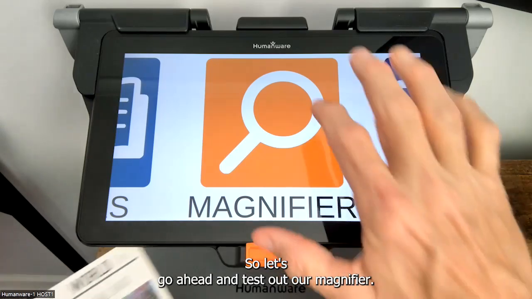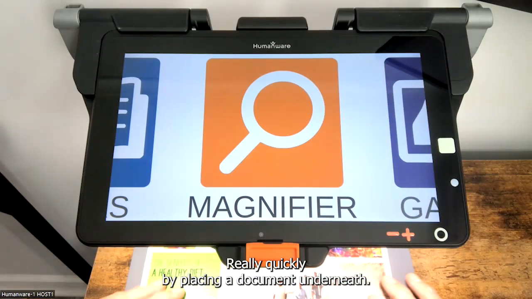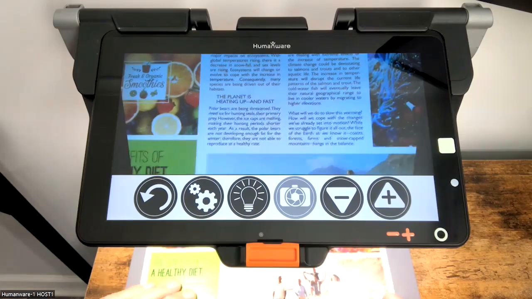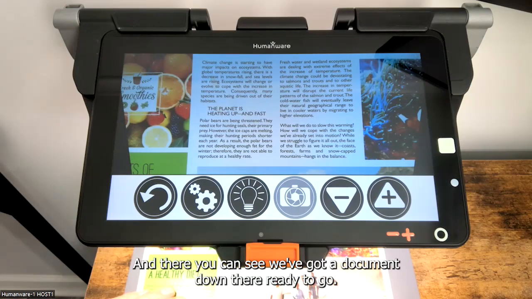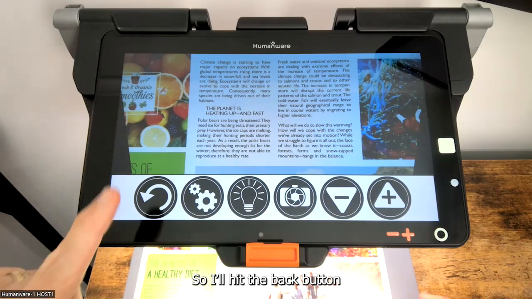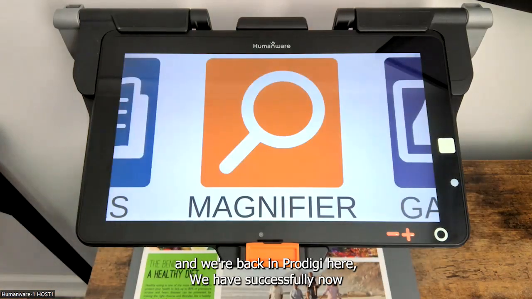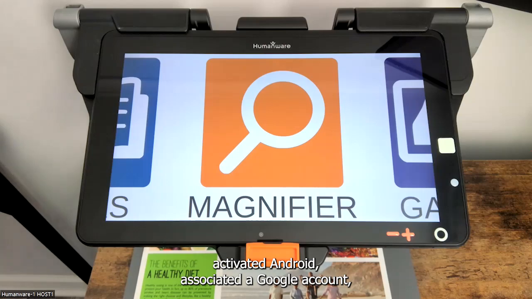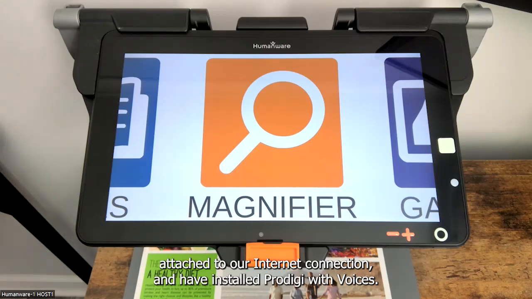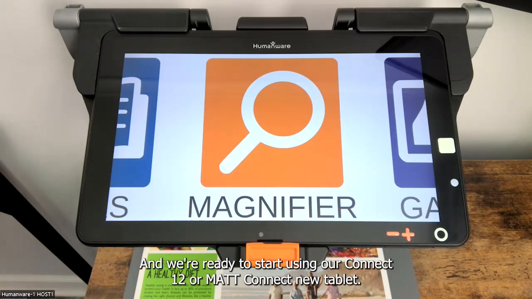Mac Connect. So let's go ahead and test out our magnifier really quickly by placing a document underneath. And there you can see we've got a document down there ready to go. So I'll hit the back button. We're back into Prodigy here, and we have successfully now activated Android, associated a Google account, attached to our internet connection here, and have installed Prodigy with voices, and we're ready to start using our Connect 12 or Mac Connect